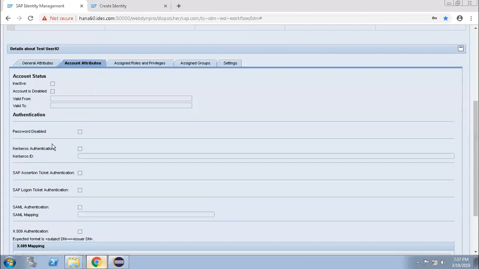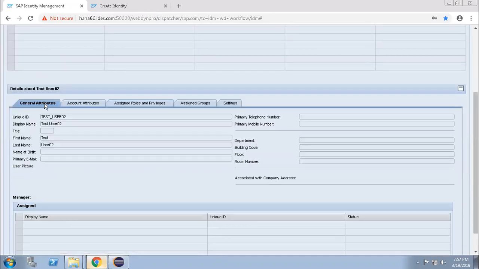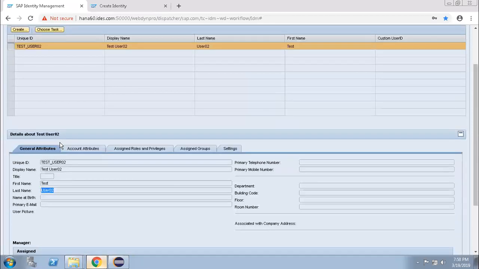The password field is not showing over here, but the password is updated. And along with this, that capital letter, all the things are created as capital letters. All the things are created as a display name. The first name this, last name this. Everything is updated. Are you getting my point?